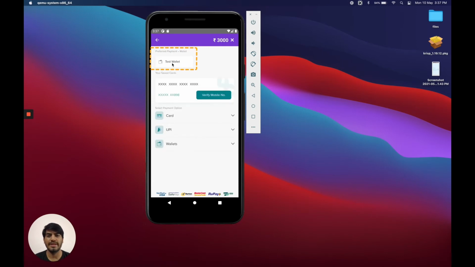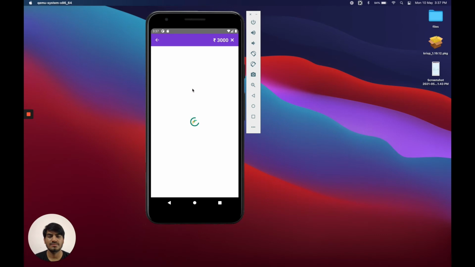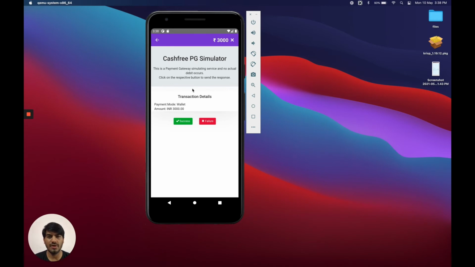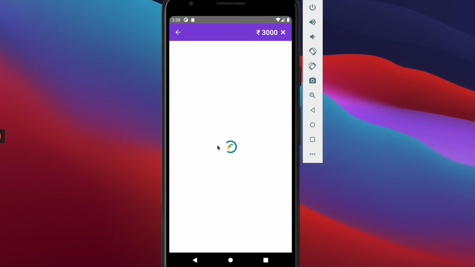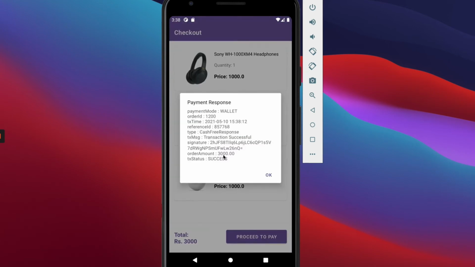We click on Test Wallet. And since this is the testing environment, you will see a simulator page to mark the transaction as successful or failure. I will click on Success. And here we have our response.